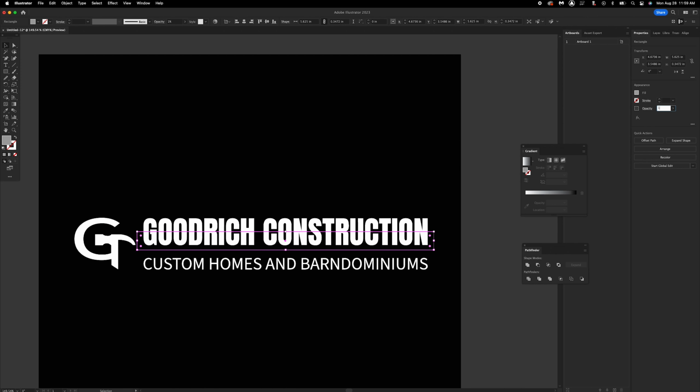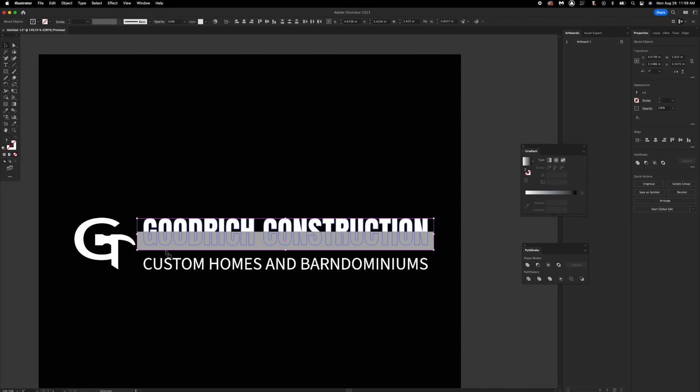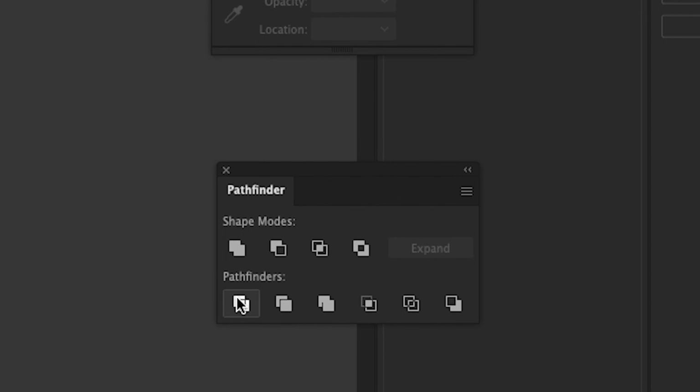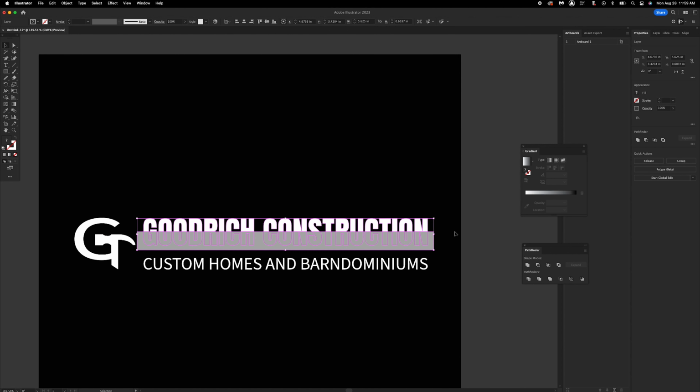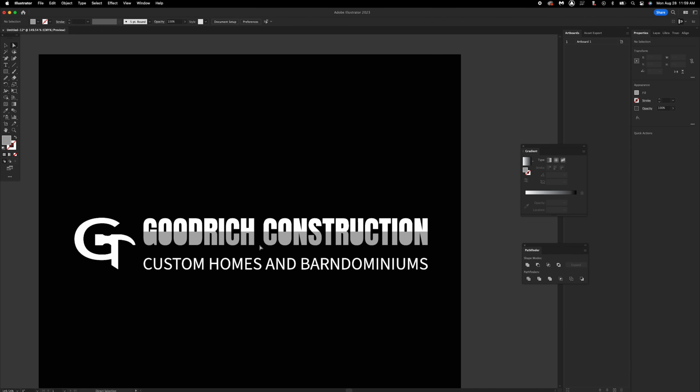Then go back and turn the opacity back to 10%. And then go to Pathfinder and hit Divide. And what that's gonna do is it's gonna do it for you. It's gonna make it to where